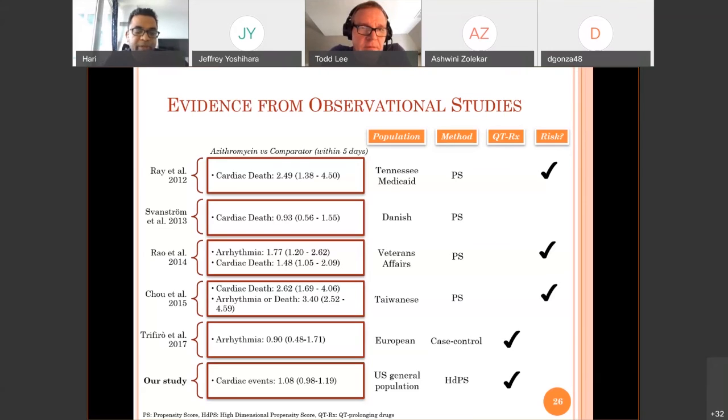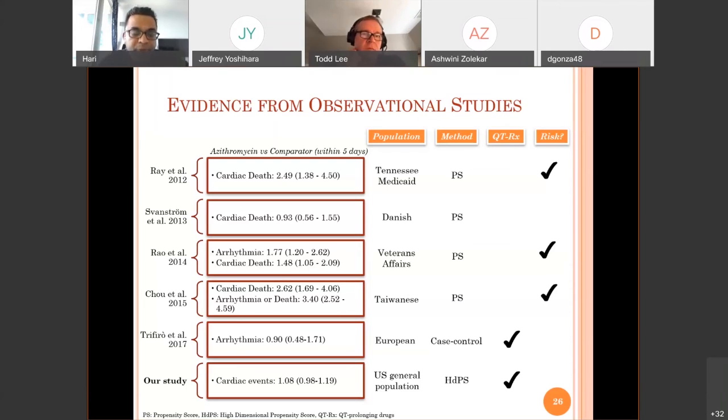Our closest study that we can apply our findings to is one done in 2007, which combined 7 different countries from Europe and looked at a case control of patients who were treated with azithromycin and had cardiac events. Very similar approach, with the exception that ours was a retrospective cohort study. Theirs was a case control study, and they did adjust for QT prolonging medication, but they did not look at the subgroup of patients who were prescribed QT prolonging medication.